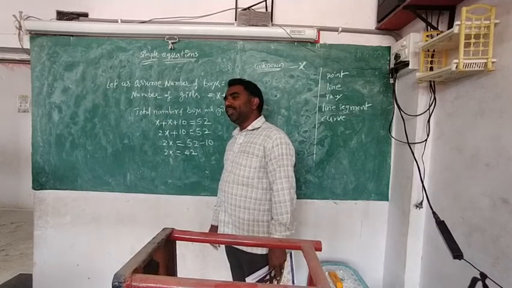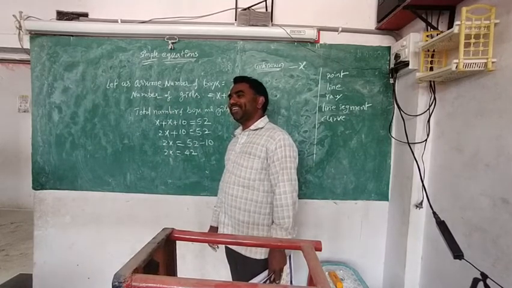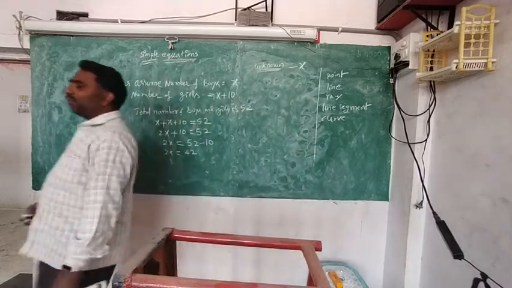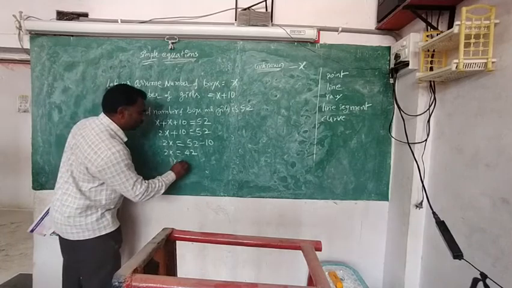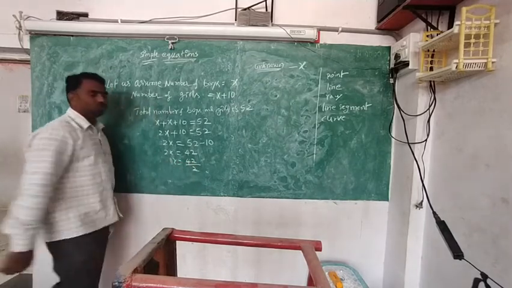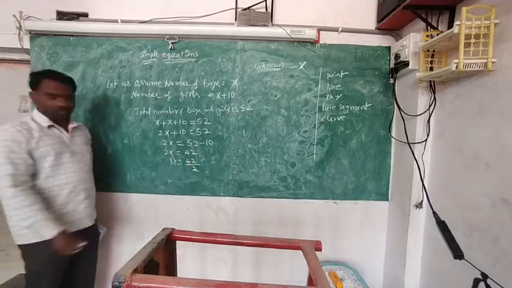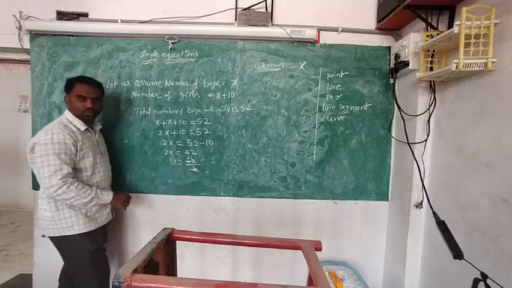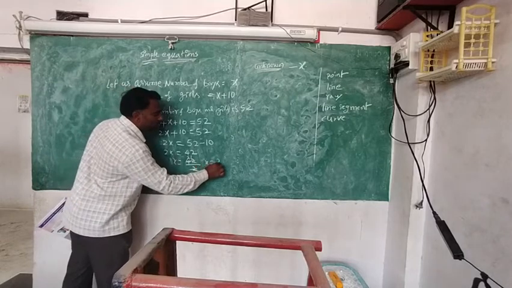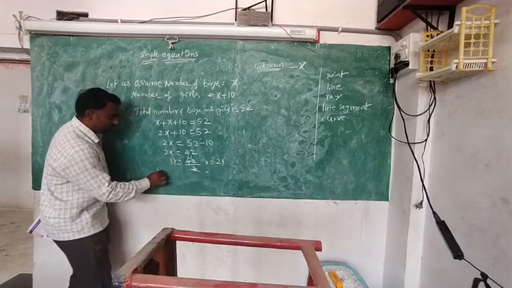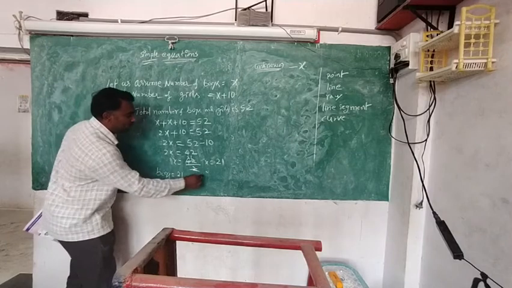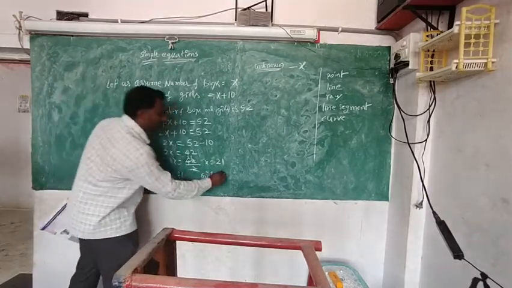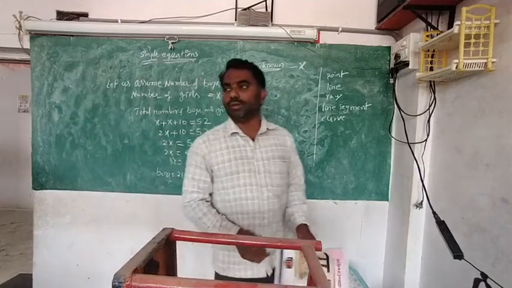It is multiplying. 2x is multiplying, so when it goes across, it will divide. X is equal to 42 by 2. Two 2s are 4, two 1s are 2. So x is equal to 21. X means what? Boys. 21. Girls, you know, is 10 more than this: 31. So like that you can solve it.